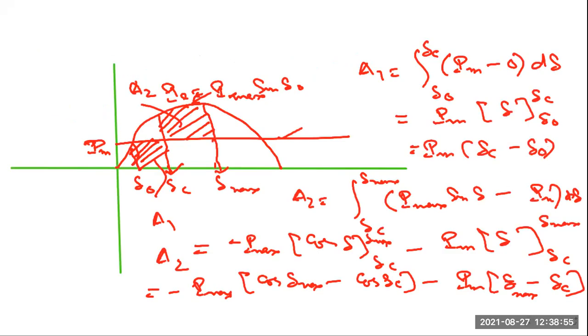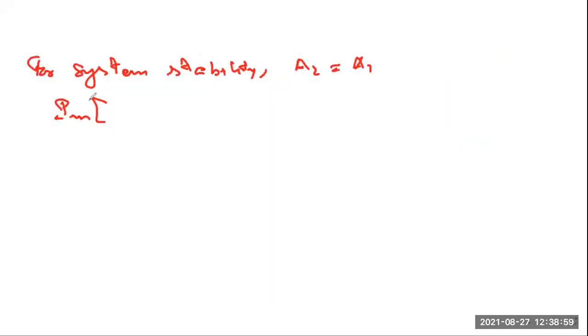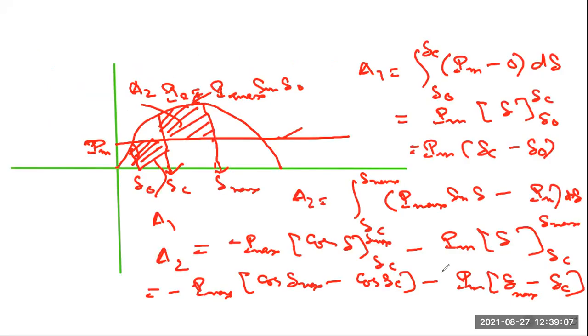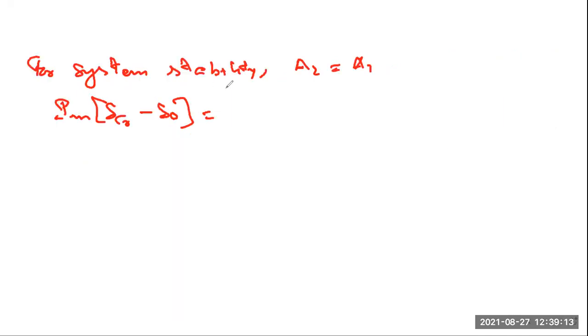Okay, delta C minus delta 0. So delta CR minus delta 0 equal to minus P max into cos delta max minus cos delta C minus P max cos